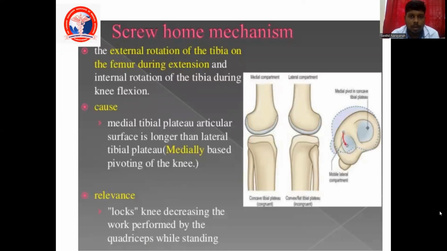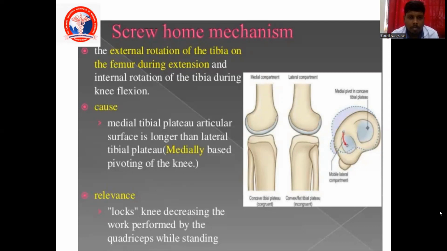So this is a screw home mechanism. Screw home mechanism is seen in the knee to support the quadriceps action. It's called the external rotation of the tibia on the femur during extension, and internal rotation of the tibia on the femur during flexion. There is external rotation of tibia on extension, and there is internal rotation of tibia on